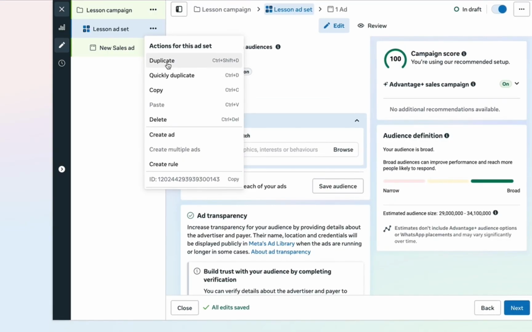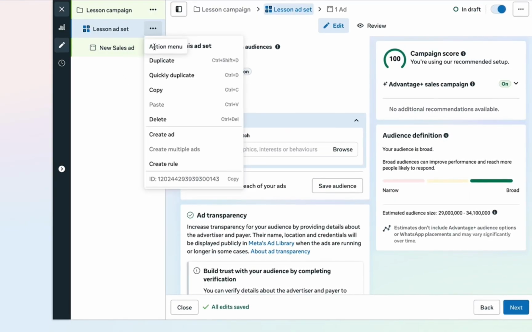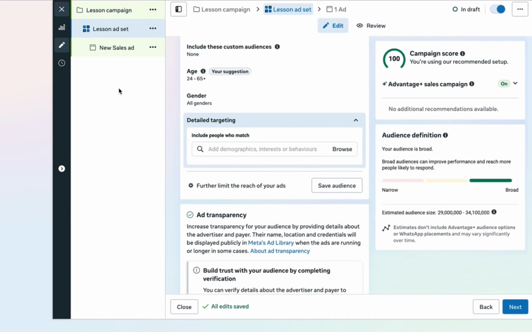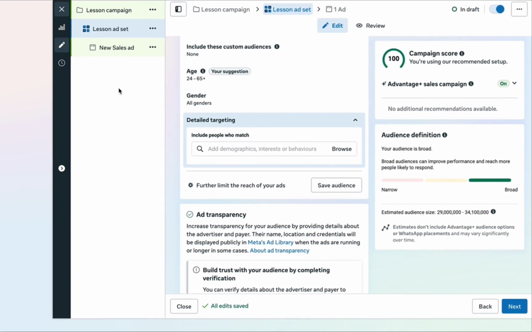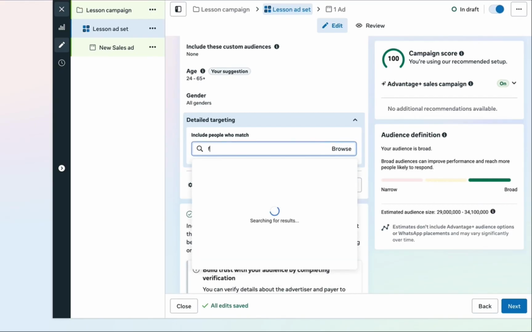Just click on here. You saw what I did. I went here and then clicked on duplicate. So now it gives you two of these ad sets. On one of them you leave it broad, so you don't put anything here. On the other one you put the different interests. But for this I'm just going to put the interests so that you see some of the kind of people we target. Okay, so let's go for founder,